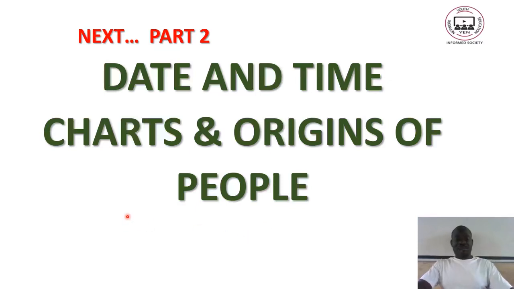So to this far, we have looked at a number of issues as we have seen. We have looked at history. We have introduced the history at the secondary level. We have defined history, we have looked at the types of history, and also we have looked at the sources of history. We have looked at the classes of those sources of history. And not only that, we have also looked at the reasons why we should study history.